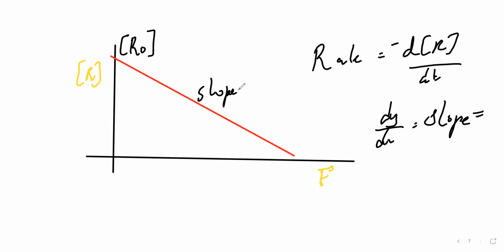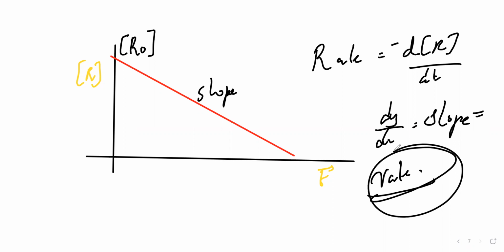In the chapter application of derivatives, you will have rate problems. Whenever you see rate in the question, differentiation will be there, and you have to find the slope. You got the point? So this is a very simple expression. Rate is equal to minus dR by dt. Correct? So what is the rate constant basically? Rate constant I can take as k. So k is equal to minus dR by dt.